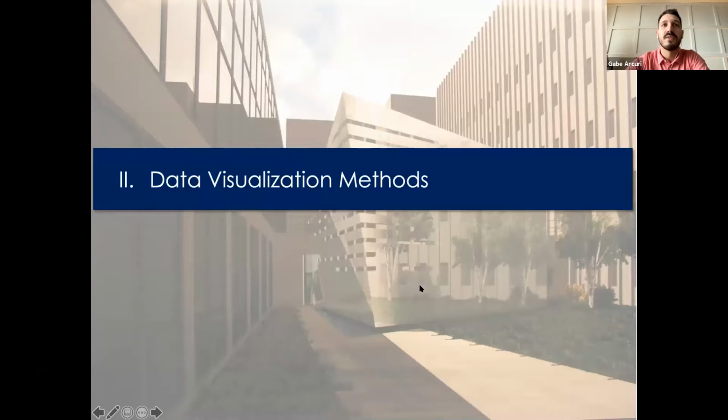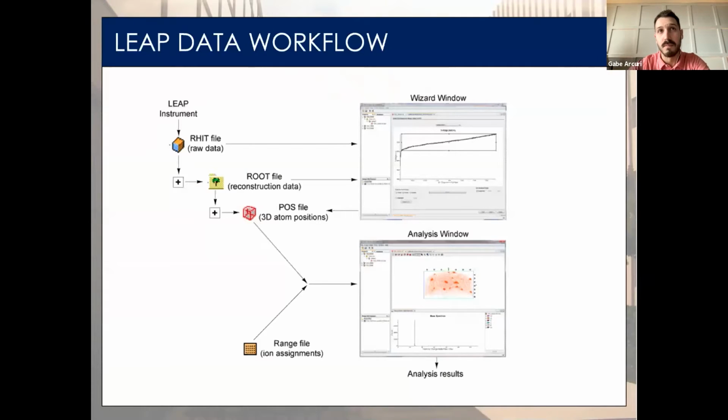Okay, so visualization is a good first step for interpreting our atom probe data. There are several methods I'm going to introduce that are relatively simple to use and can be extremely instructive for assessing the distribution of ions within our reconstructed volume. So for this webinar, I'm going to be showing each visualization method using the commercial software IVAS. Please note that the CCEM is not in any way advertising IVAS or Cameca, which is the company that makes the software. It just happens to be the most common software, and it's the one used by our users at CCEM.